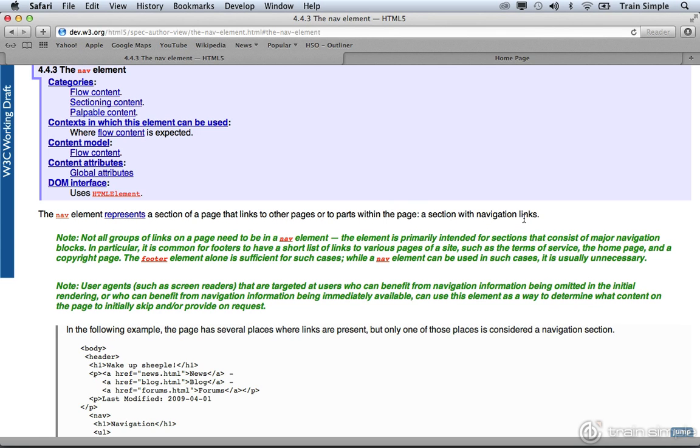So that seems fairly straightforward, but of course they add a twist to it. If we go ahead and look at this first note, it reads, not all groups of links on a page need to be within a nav element. The nav element is primarily intended for sections that consist of major navigational blocks. In particular, it is common for footers to have a short list of links to various pages on the site, such as a terms of service, a homepage, so on and so forth. The footer element alone is sufficient for such cases,